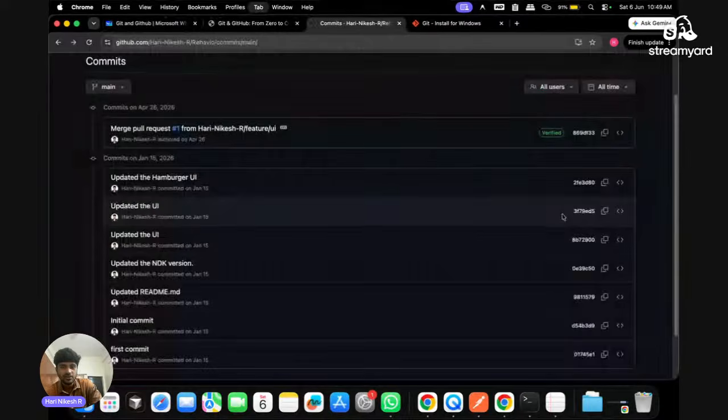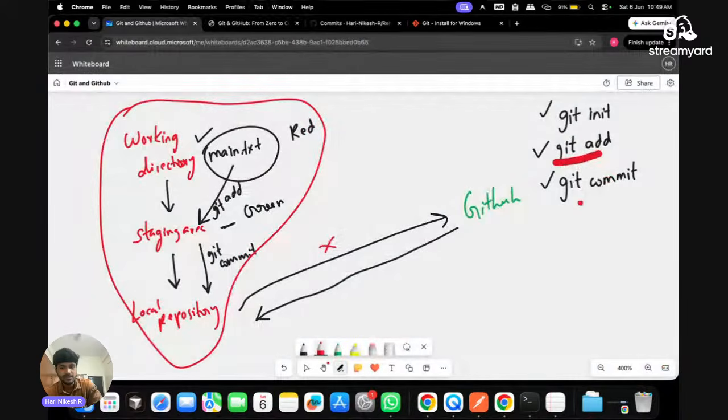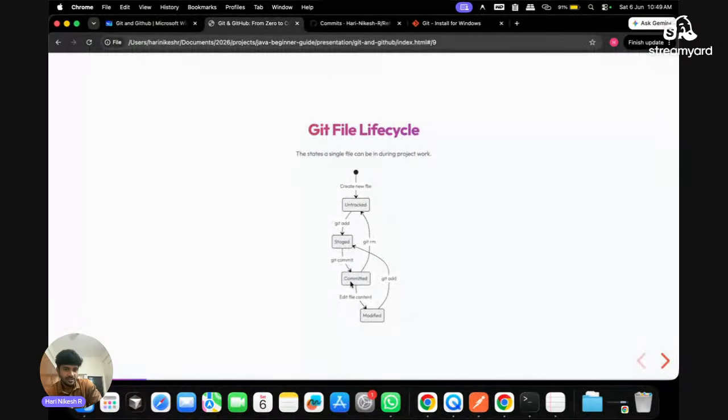So once it is moved to the staging area, when you commit, it moves to the local repository. So that's what we do here, right? When you commit, it moves to the local repository. From the local repository, you can remove the file. You can do it using git remove. Okay, but if you are going to change or modify anything, you need to do git add again and stage them and do the commit. For example, let's say